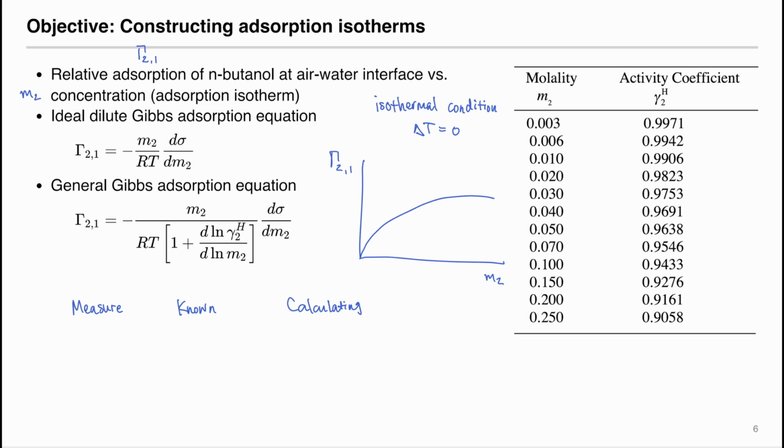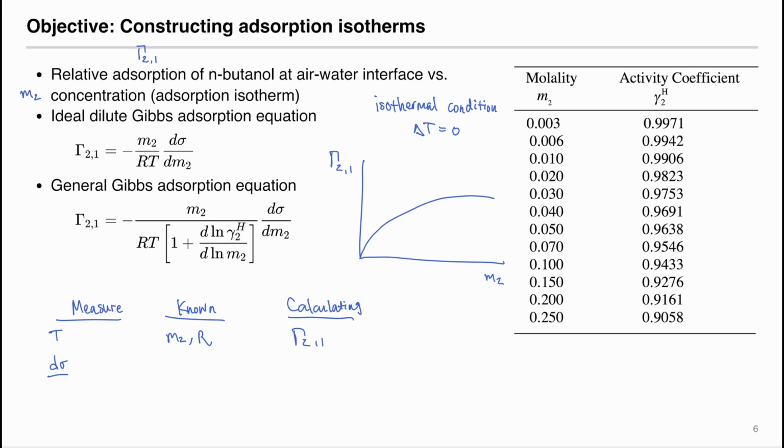First off, we're definitely calculating for the relative absorption of butanol at the air-water interface. M2 is the known concentration in molality of the n-butanol in the aqueous solution. We also know the ideal gas constant R. We want to measure the absolute temperature in the room, which will be equal to the temperature within the droplet. And then this term of the